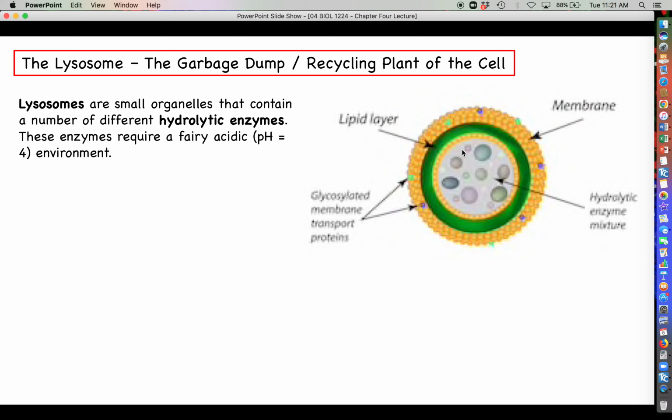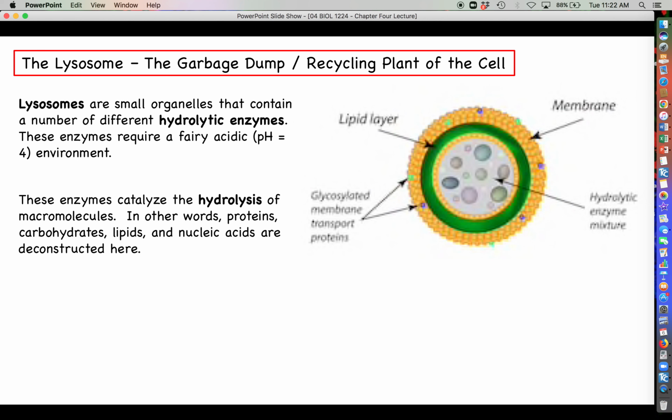like a very acidic environment. If you were to actually measure the pH inside of a lysosome, it's going to be pretty acidic, somewhere around a pH of 4, as compared to a pH of 7 pretty much everywhere else. Like we said, these enzymes catalyze the hydrolysis of macromolecules: proteins, carbohydrates, lipids, nucleic acids. If you want to break them down and destroy them and reconstitute and recycle the individual monomers, this is the